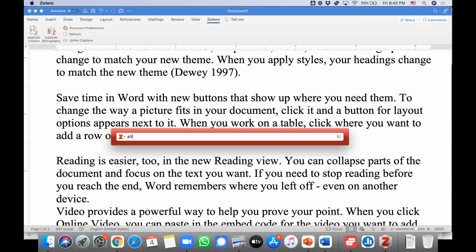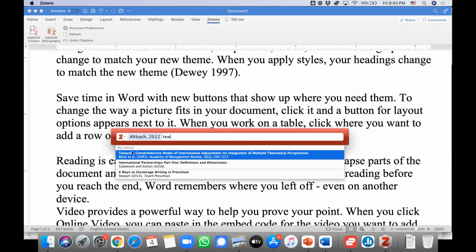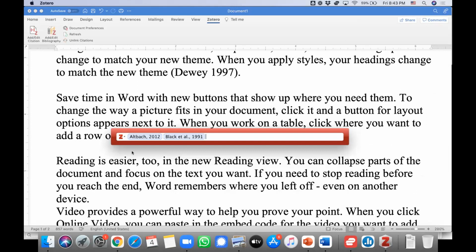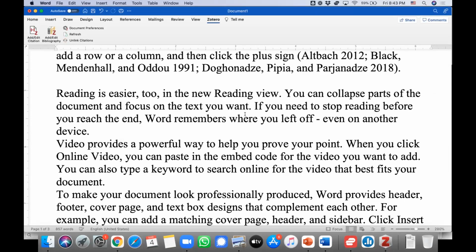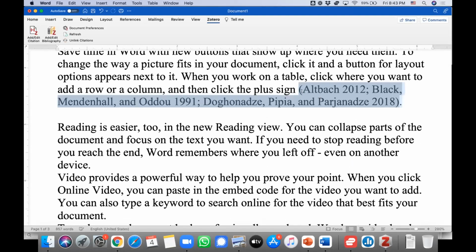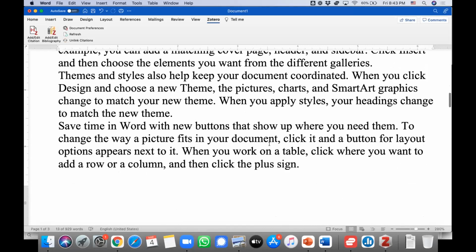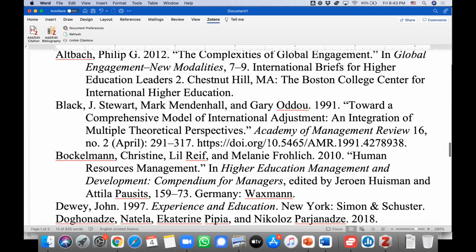So let's say I'll cite Altbach here, but then let's say that another author already did it too, like here's another author, and then I'll do here. So now all three of those authors are going to go into that citation. You can see how Zotero will automatically put it in alphabetical order, and it will then also put those down in your